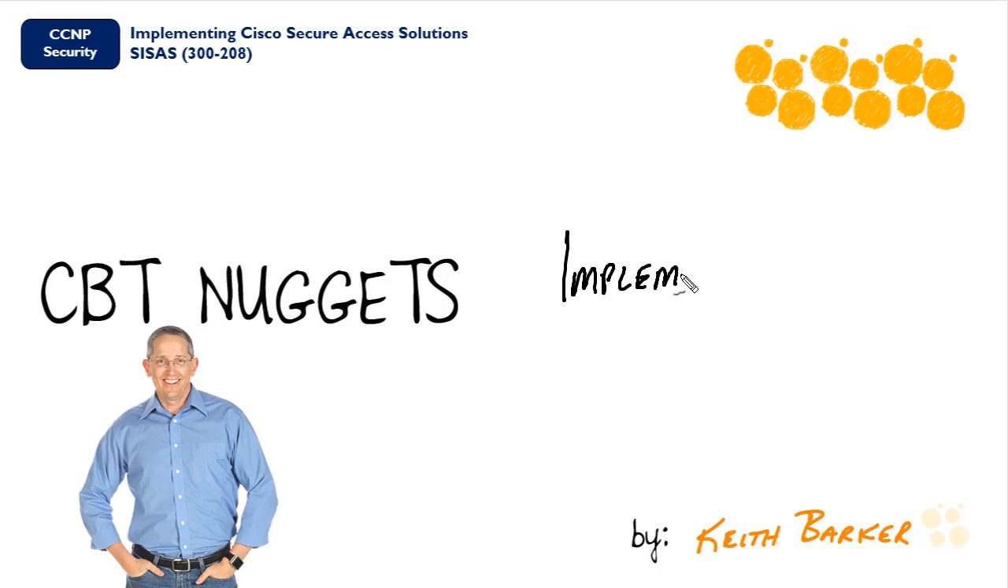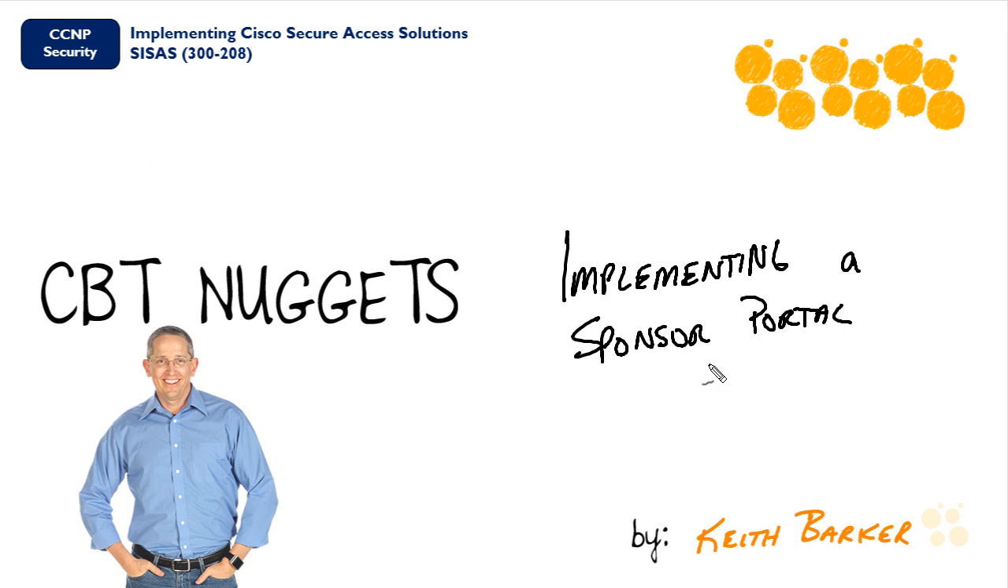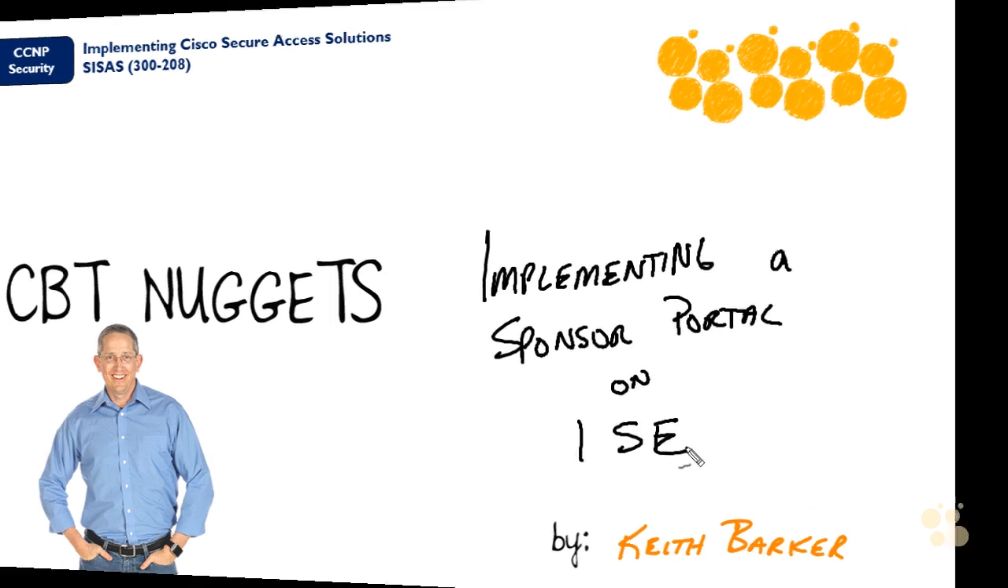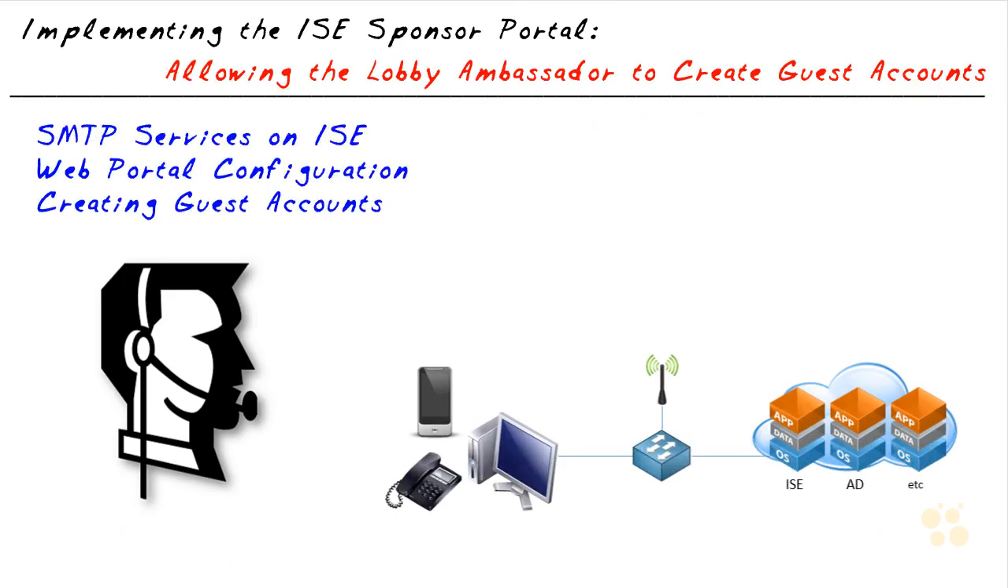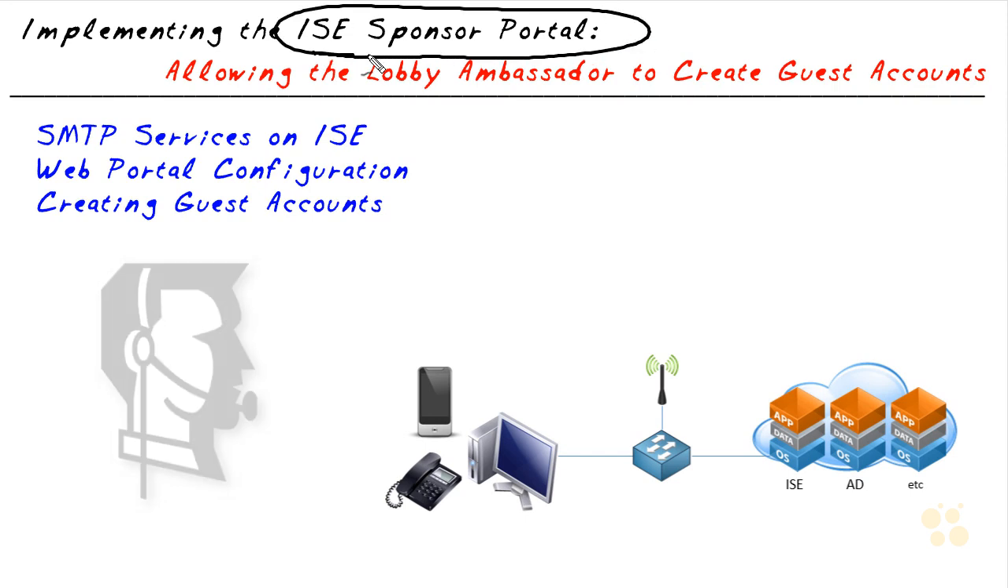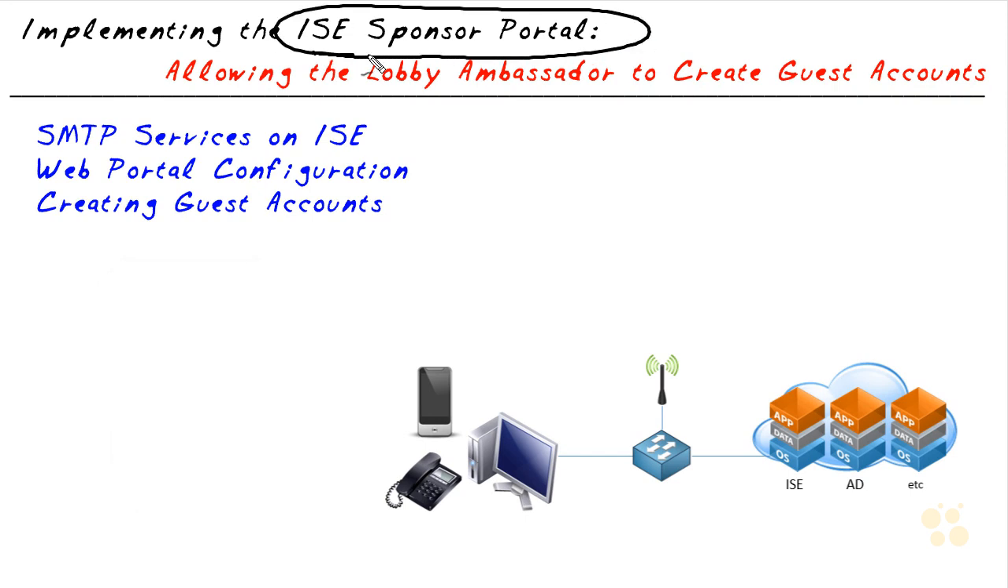In this nugget, we're going to take a look at the steps of implementing a sponsor portal on an ISE server. Let's begin. I'd like you to imagine that you and I want a lobby ambassador or receptionist to be able to set up accounts, and we're going to create a sponsor portal so that the lobby ambassador can create those accounts. Part of that process is to enable SMTP services on ISE